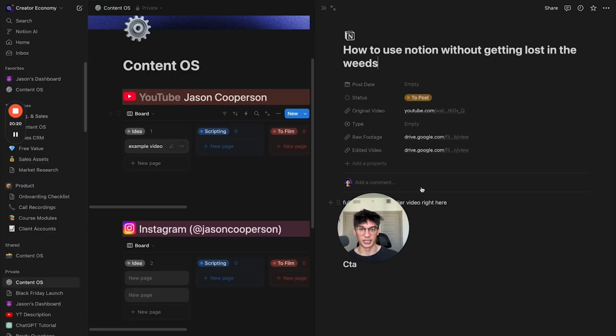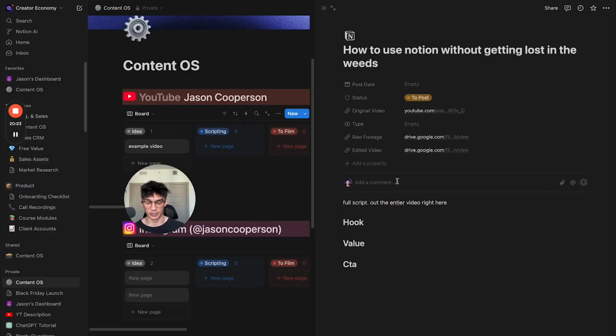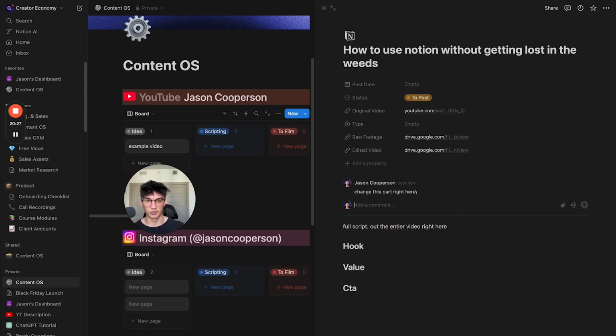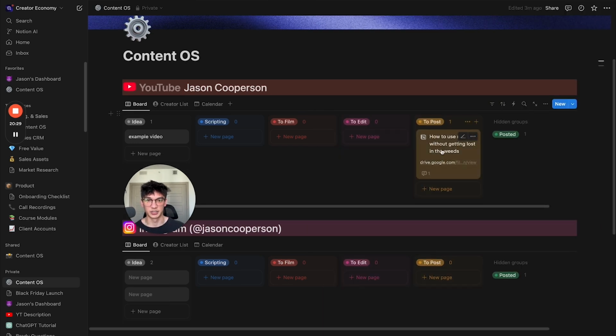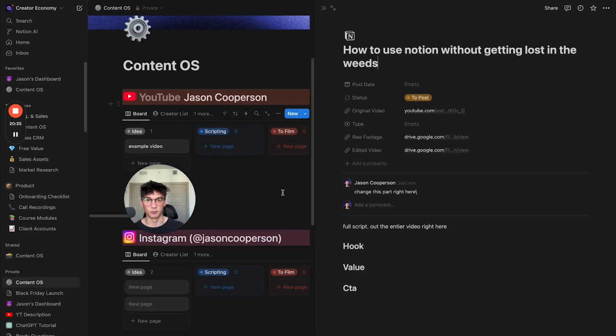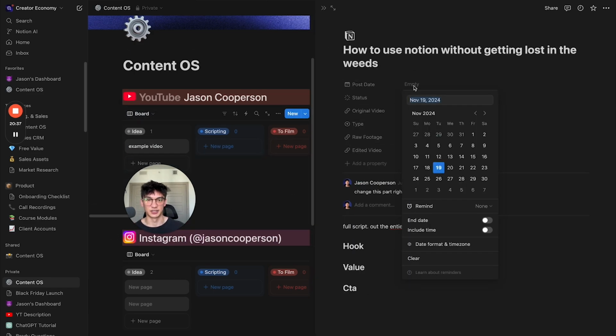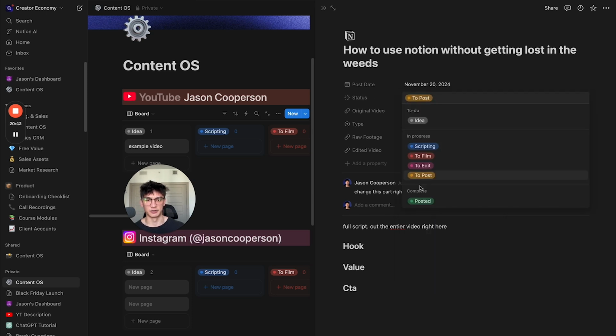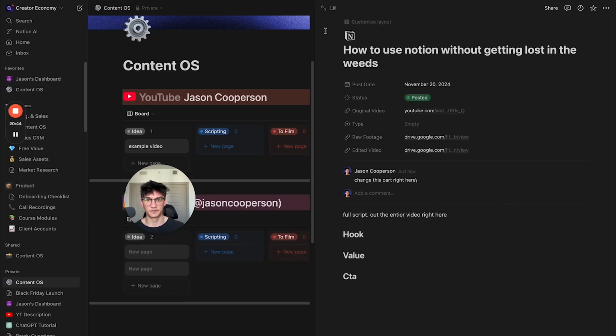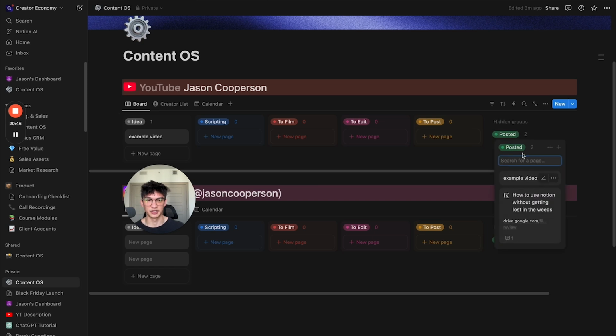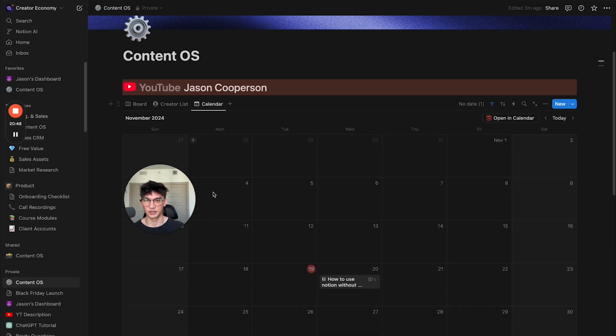And if I need to make any changes, I can let my editor know, like change this part right here, and then make that comment. He can see the comment and I'll move it back to edit. Maybe he makes the changes and then moves it back to post. And then once it's ready to post, I can say, you know, I want to post this tomorrow, and I've scheduled it out already. So it's going to go out tomorrow. It's been posted. You can see it now disappears into the posted section,